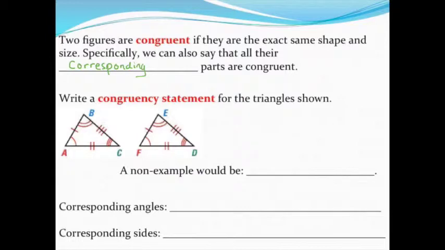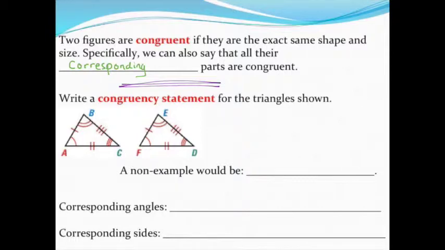We know that when two figures are congruent, they're the same shape and the same size, but more so, we know that all their corresponding parts match up. All their pairs of angles and all their pairs of corresponding sides will be congruent in the two figures. So let's use that idea and dwell deeper into it by looking at two